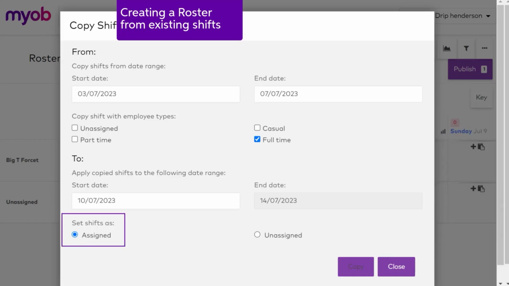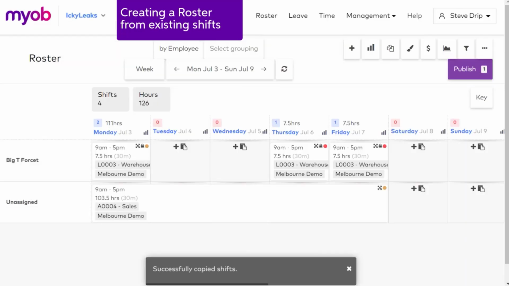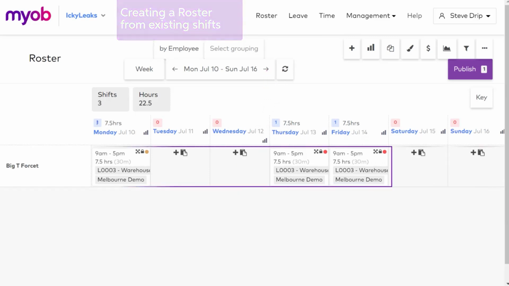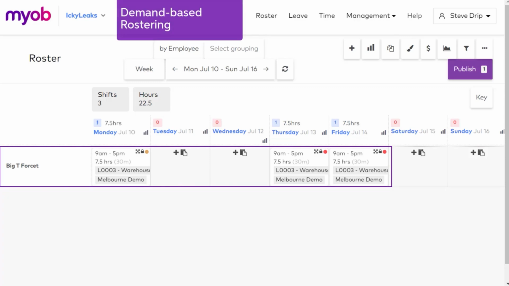Assigned will keep all the shift-related information, including the employee, whereas unassigned will copy everything except the employee. Your selection above will determine if the employee is showing against the shift or if it is showing in the unassigned row. To use demand-based rostering, you create a template first.